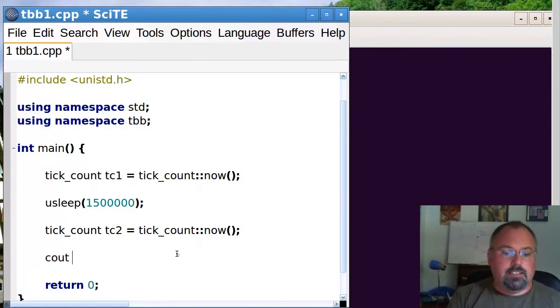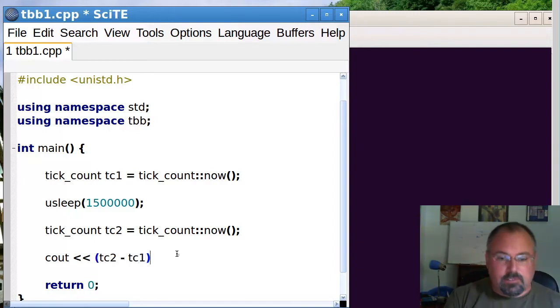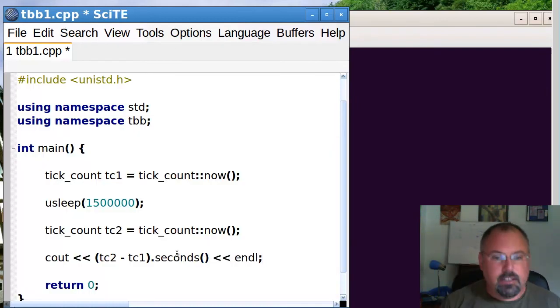When you subtract these two things, you get back an instance that has a seconds member. So we do tc2 minus tc1, and they overloaded the minus operator so that you can get back an object that'll have the seconds in it. We do that.